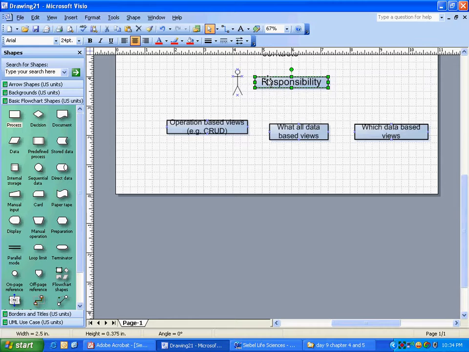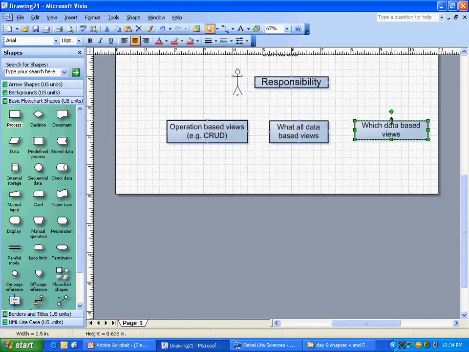See, this person's responsibility is giving him access to various views. We all know that, right? Some of the views are important because they have different CRUDs. Some of the views are important because they have different data elements.